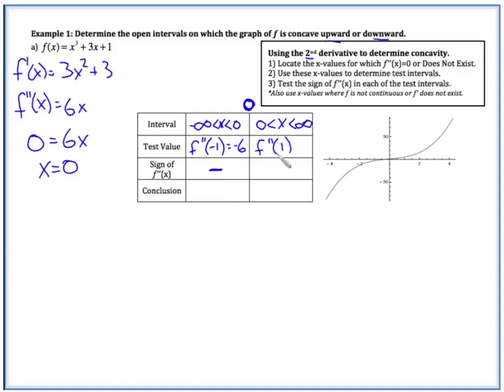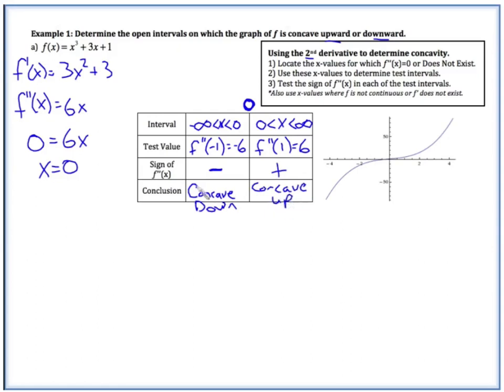Okay. For this one, f double prime of 1, so we're going to plug 1 into our second derivative. So 6 times 1 is 6. And what we're concerned about is the sign. And this is positive. So the conclusion is, if the second derivative is negative on an interval, we call this concave down. And if the second derivative is positive on an interval, we call this concave